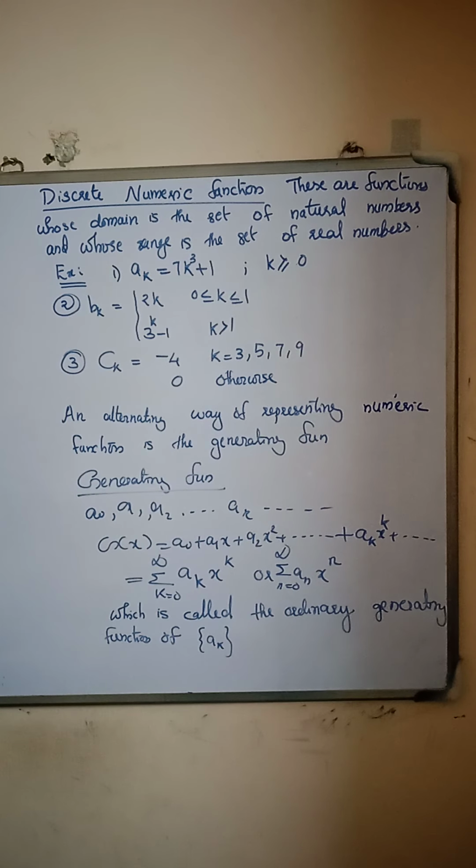That is, the generating function corresponds to a sequence of numbers, and that sequence of numbers is represented as an infinite series. This is the generating function corresponding to this sequence. Okay, if 1, 2, 3, etc. are the numbers, the generating function is 1 plus 1x plus 2x square plus etc. So the generating function corresponding to the sequence ak is sigma k is equal to 0 to infinity ak x raised to k.